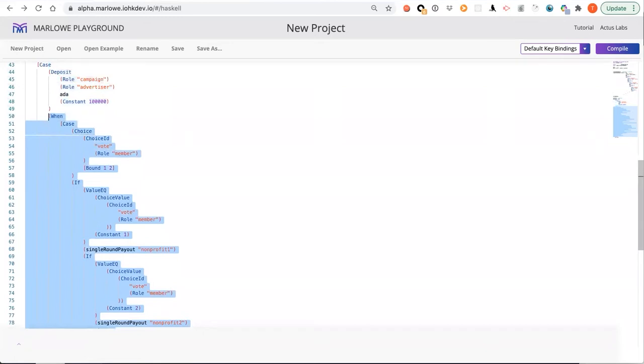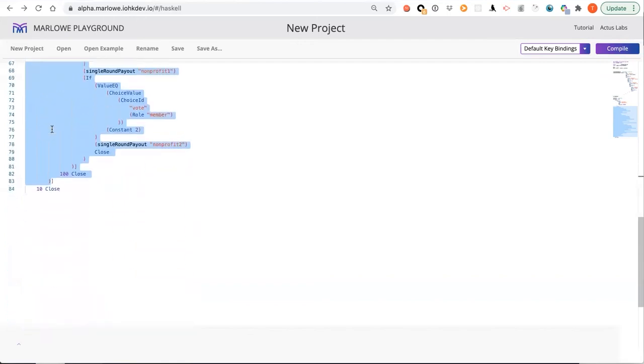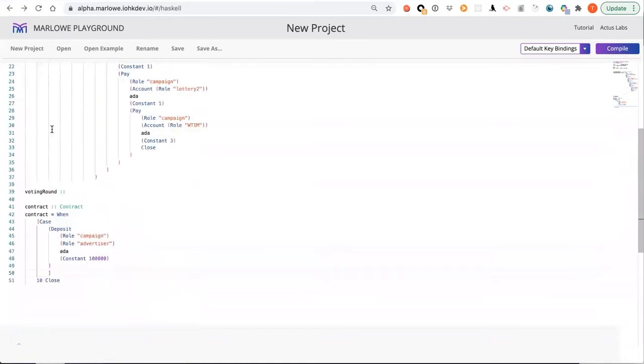Because the reason programming is hard is because our minds are kind of not made to focus on this kind of detail with this kind of complexity all the time. The actual parts are not hard, but managing complexity is, which is why I like to really simplify things for my own brain. Okay. Makes sense. So voting round is a contract,